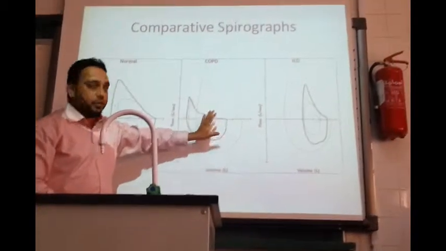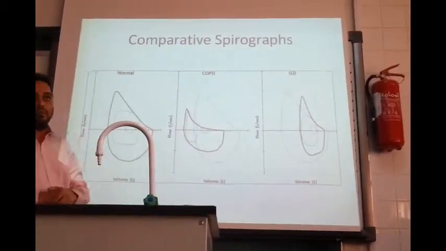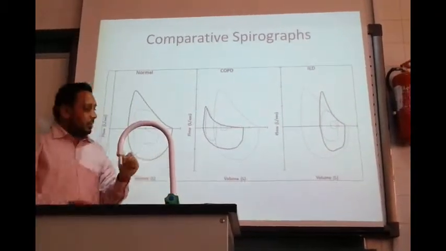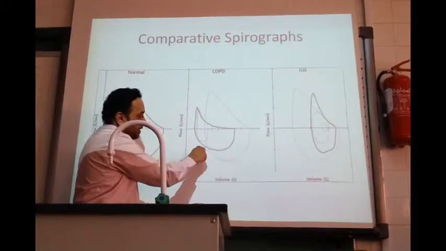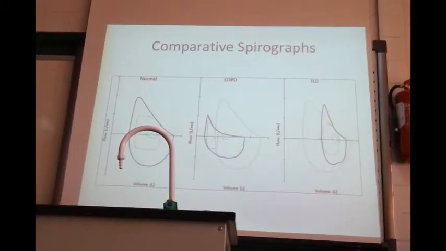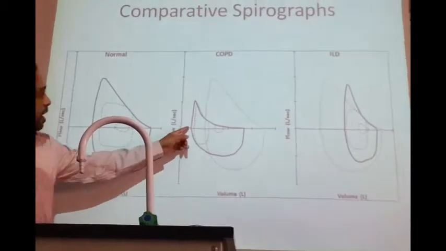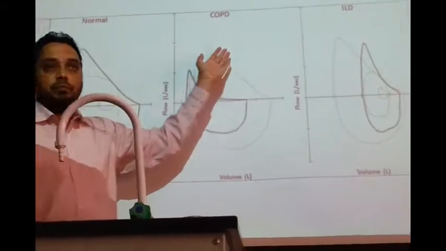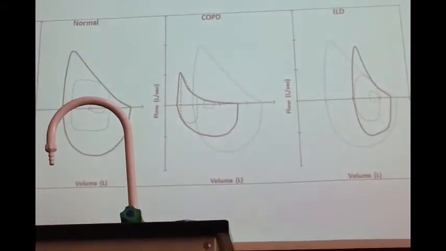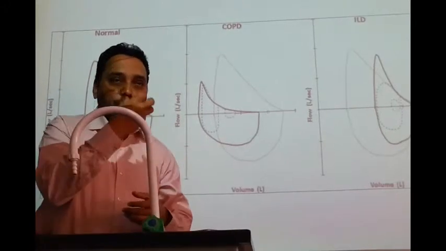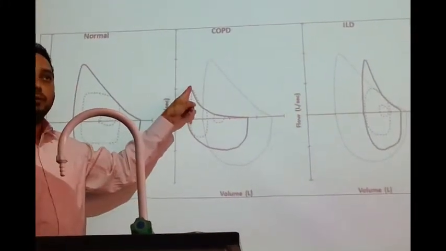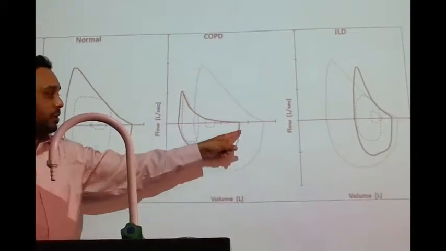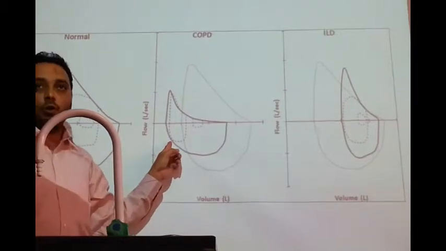This is obstructive and this is restrictive. Now it's very easy to compare because this is the normal. In the normal, you can see how air is taken in, and in obstructive disorders, look at the giving out of air. Compare it with the normal. What is happening? It is very difficult to forcefully give out air. See the amount of air that is coming out in maximum forceful expiration. In inspiration, it's somewhat okay.